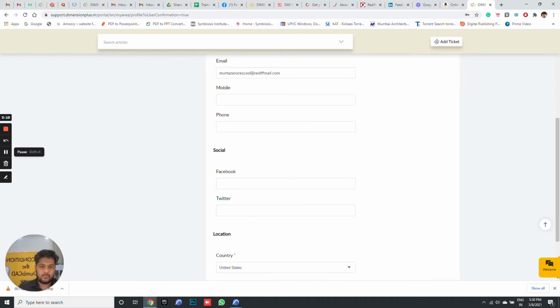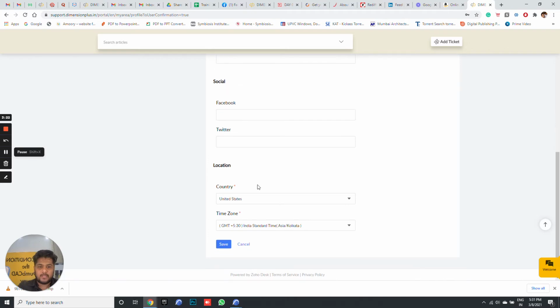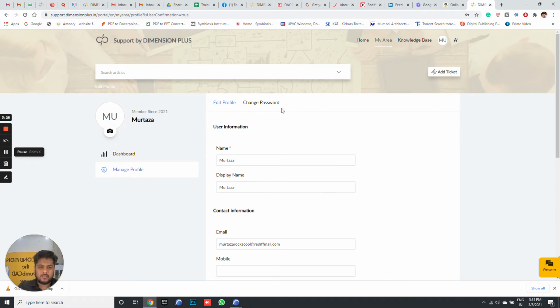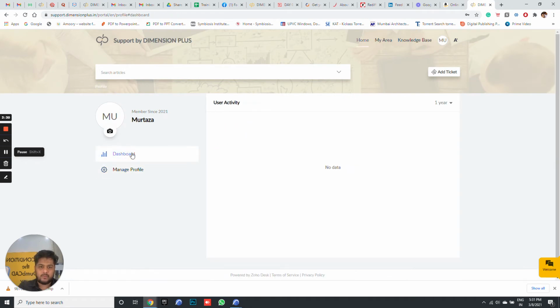And if you want, you can even enter your ID. So if we have anything regarding social media for you, we can tag you or mention you in our comments. After that, please don't forget to also give the location as India. These things are important. And when we go to the dashboard, these are your activities. You currently don't have any.